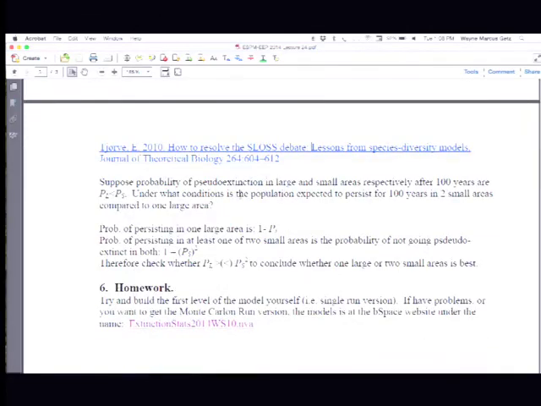And in order to understand what's going on, suppose the probability of extinction in a large and a small area after 100 years is such that in the large area, it's a lot smaller than it is in the small area. So what happens if I have one large area or several small areas? Well, if I have one large area, the probability of persisting in one large area is 1 minus PL, and the probability of not going pseudo-extinct in one small area is the probability that you don't go extinct in area 1 and in area 2. So if you're in two small areas, the only way you can go extinct is to go extinct in both. So the probability of going extinct in one large area is PL, and the probability of going extinct in two smaller areas that have the same basic PS